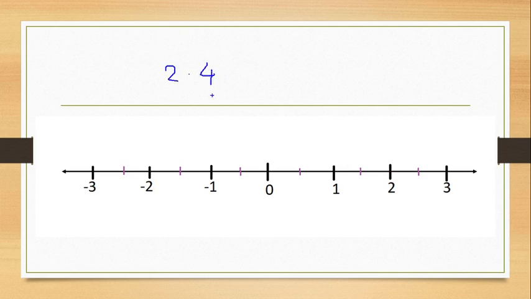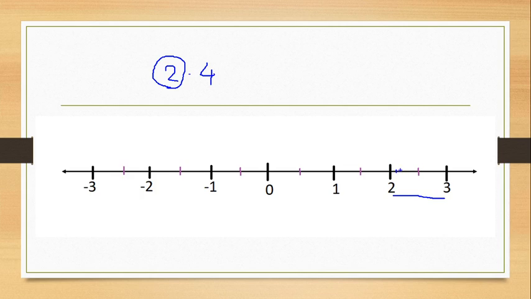2.4. Now we will find out where 2.4 lies on this number line. First, what we have to consider? We have to consider a whole number. So the whole number is 2 and 0.4 will be placed afterwards. So the number will be written after 2. So we have to make 10 equal parts of 2 to 3. From 2 to 3 we have to make 10 equal parts.